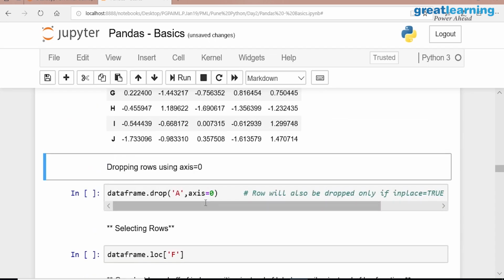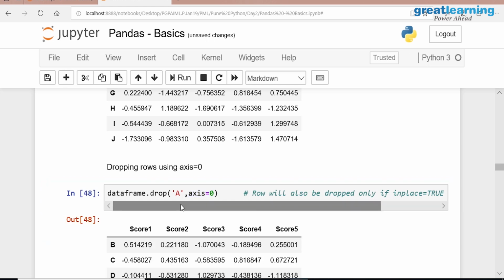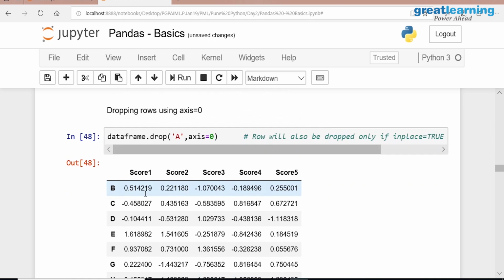And if you want to delete a row, now we have deleted a column or we have added a column. Similarly, if you want to drop a row, then you can do that. But you should mention axis equal to 0. Axis equal to 1 means columns, axis equal to 0 means rows. Again, what will happen now? A is deleted, but it has created a new data frame.